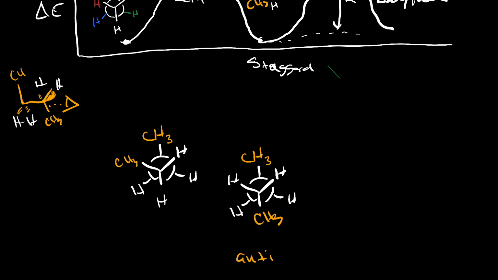And that's slightly higher. It's just slightly more awkward, if you will, than the anti-configuration. And so we call that a gauche configuration. The gauche configuration being just slightly higher energy than the anti-configuration. Okay, and you can do, of course, another 120-degree rotation over here, and that would give you the other gauche